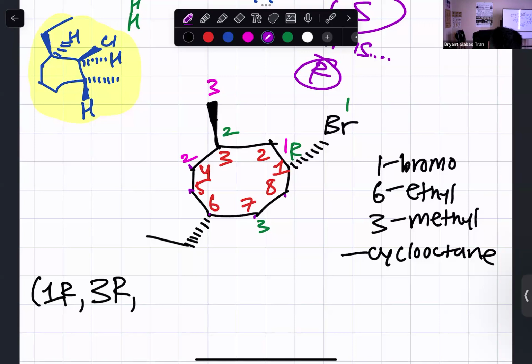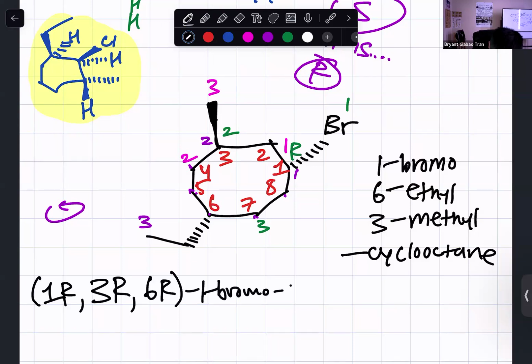Tie. This one wins. 1, 2, 3. So it looks S, but it's not S because the lowest group is on the front, so it's R, 6R. Right, and then everything else: 1 bromo, 6 ethyl, 3 methyl,